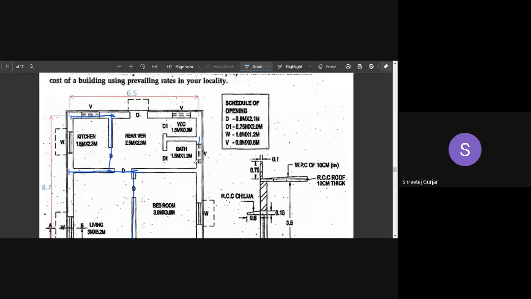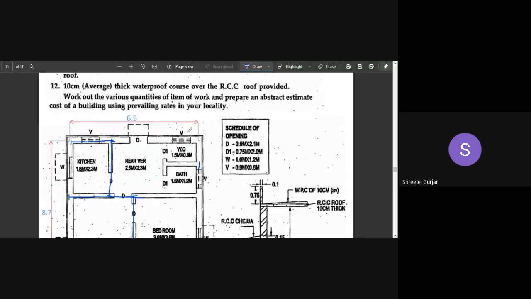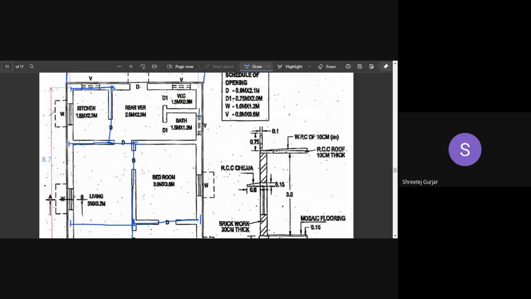So this is 6.5, right? So out to out we need to calculate here. This is center to center is 6.5. To calculate out to out, that is from here to here, how can we do that? We can simply add half of my wall thickness over here and half of my wall thickness here. So it will be 6.5 plus 0.15 plus 0.15. That is, let me just calculate, 6.5 plus 0.3, that is equal to 6.8, right? 6.8. So out to out length is 6.8. In this, this is your L1.